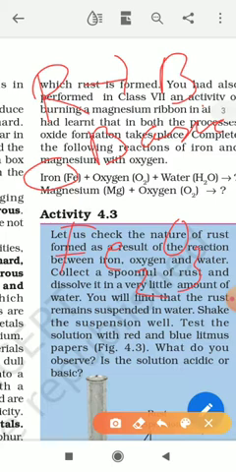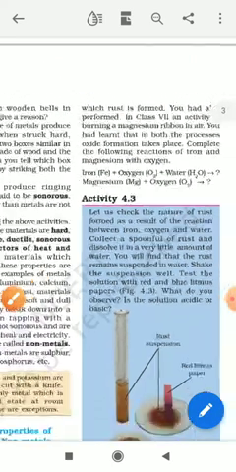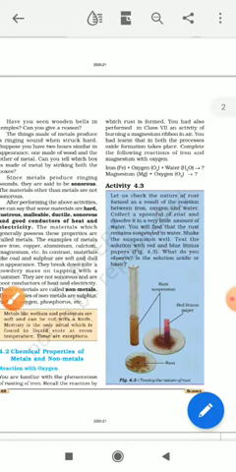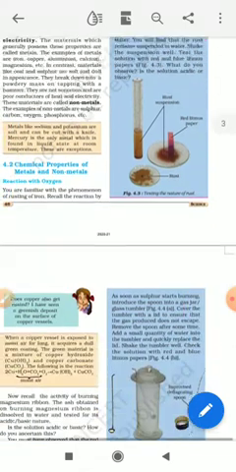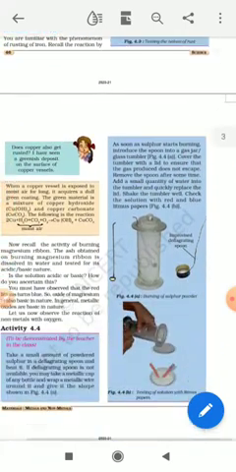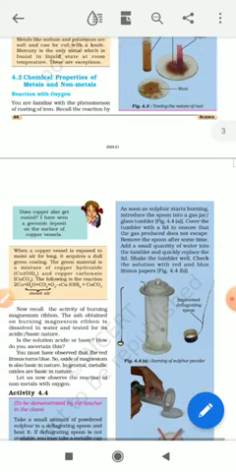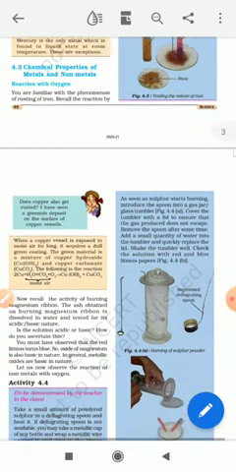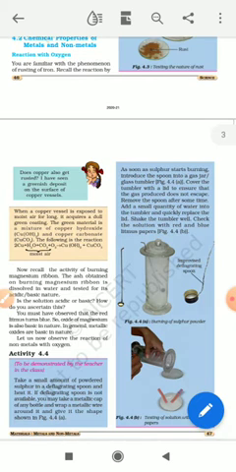I hope that much is clear. In this activity we can understand that iron oxide is basic in nature. Clear? One more activity has been given about the non-metal. One we have done related to metal. The same activity we can perform with a non-metal also. The example of a non-metal taken here is sulfur.